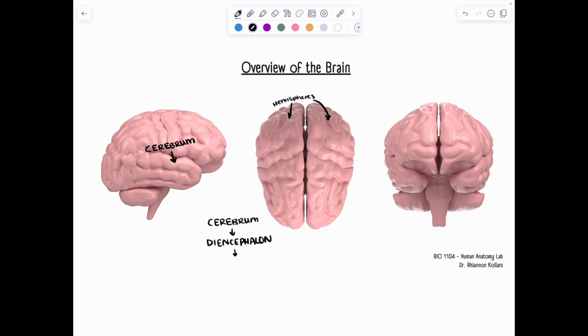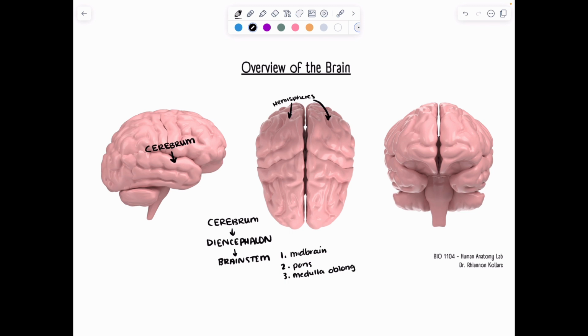Then it's going to go to our brainstem, and our brainstem is made up of 3 components. The most superior one is our midbrain. The next is our pons, and the lowest or the most inferior is our medulla oblongata,